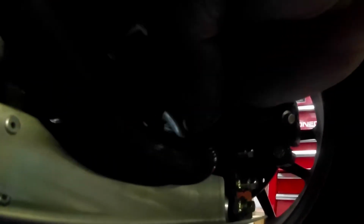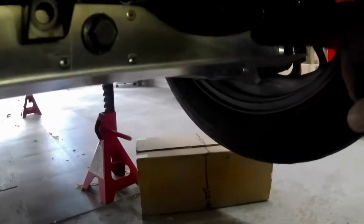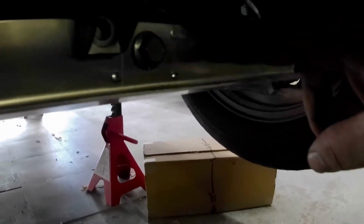The sway bar, there's barely anything clearance-wise, so I don't know if I'm going to have to notch this down around the sway bar. I don't want to do that yet. I did get the control arm bolts in and I tightened it up underneath of this sway bar